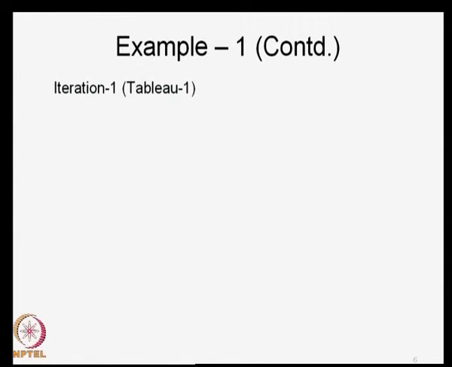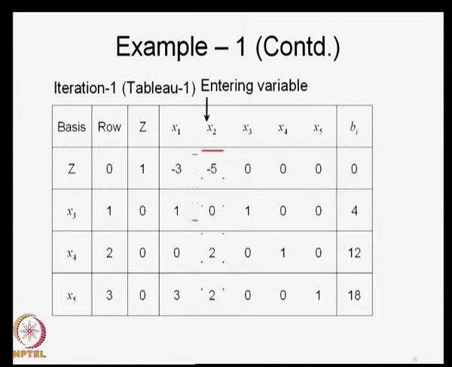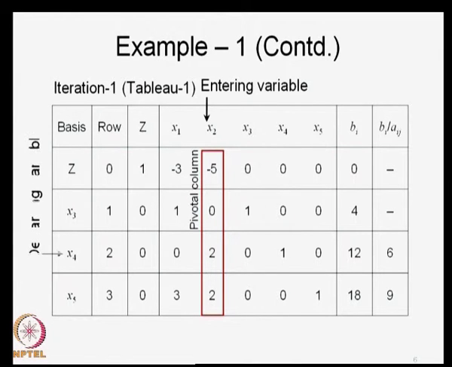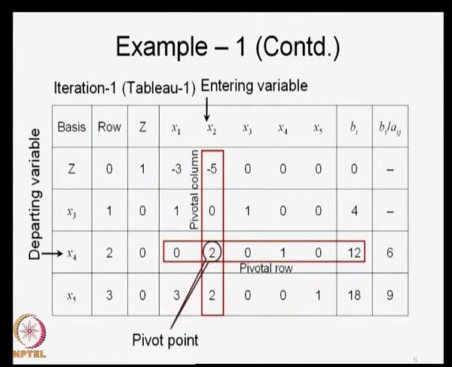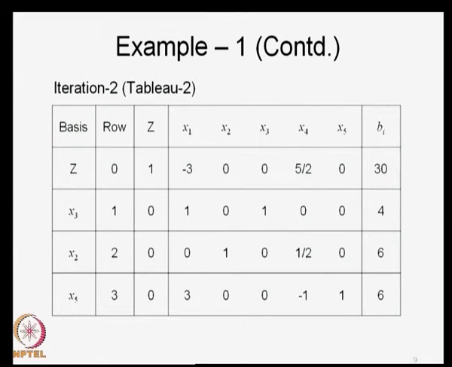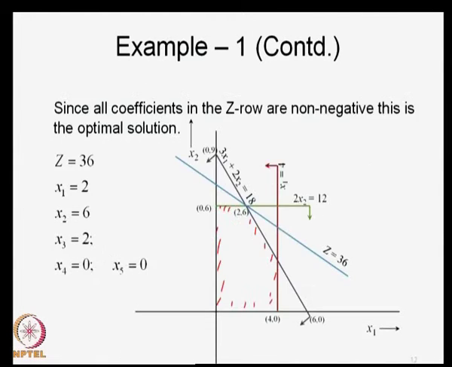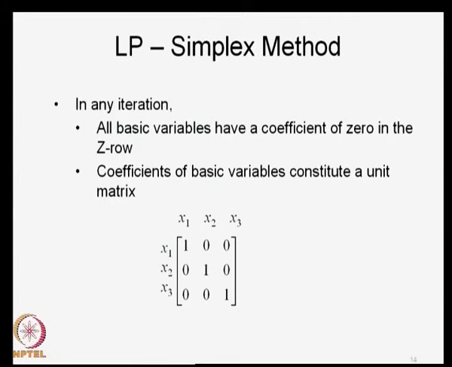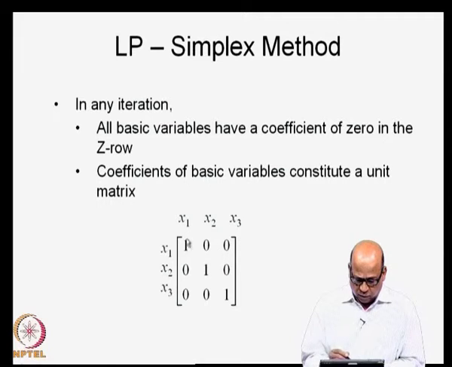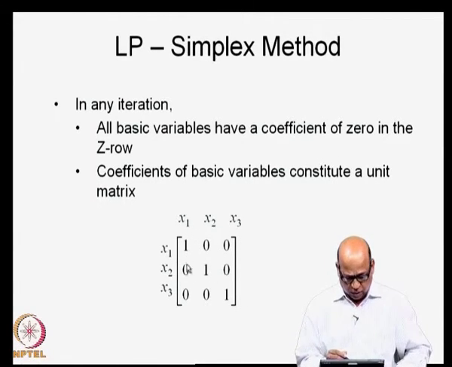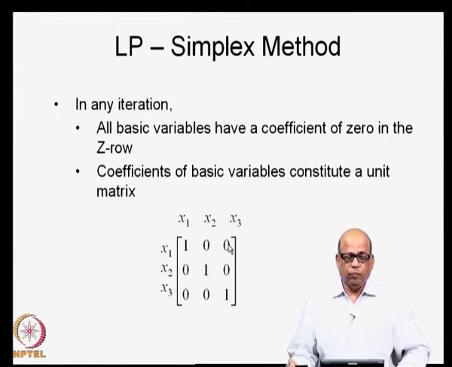So, this is one of the checks that you do, so that you are sure that the calculations you are doing, especially on the transformation of the elements, are correct. The check is that if you have x1, x2, x3 as basic variables, under x1, x2, x3 the coefficients should look something like this. x1 will have a coefficient of 1, and under the other basic variables it will have coefficients of 0.